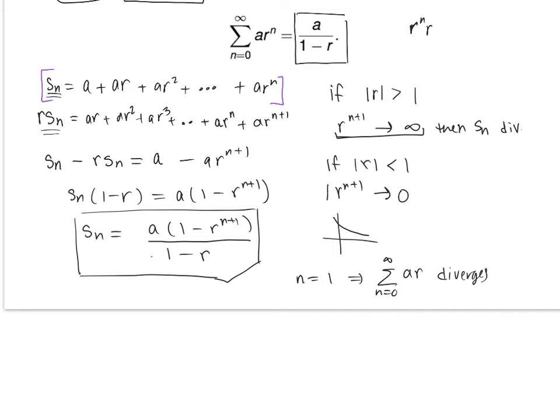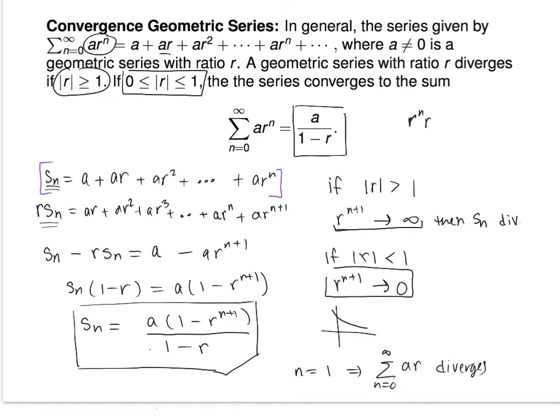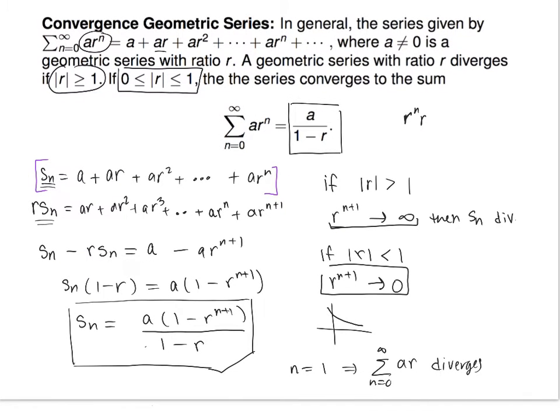And so this whole thing happening tells you that this piece is going to go to 0. And so that partial sum is going to go to a over 1 minus r. But the kicker with this formula, and I'm going to fix that one typo that I made in here. So this thing right there should not say equal to. That should just say less than. It does in your notes? Okay, yeah, good. I've definitely fixed it then.